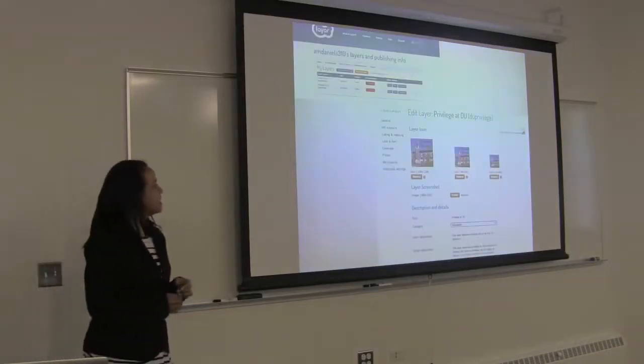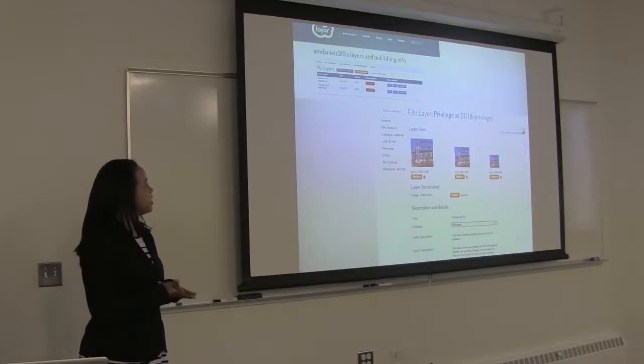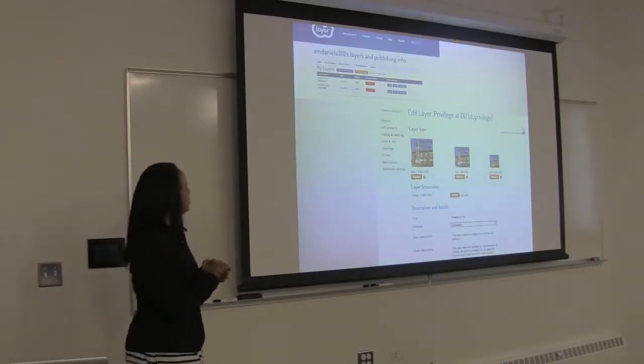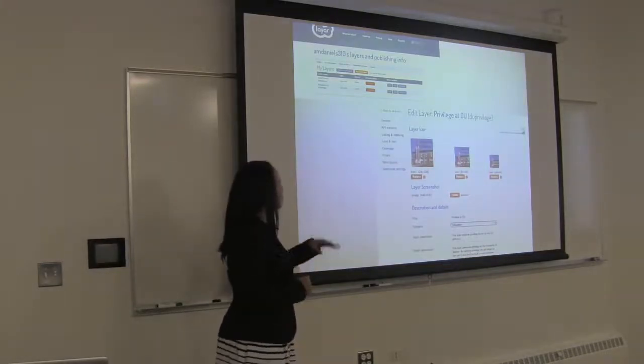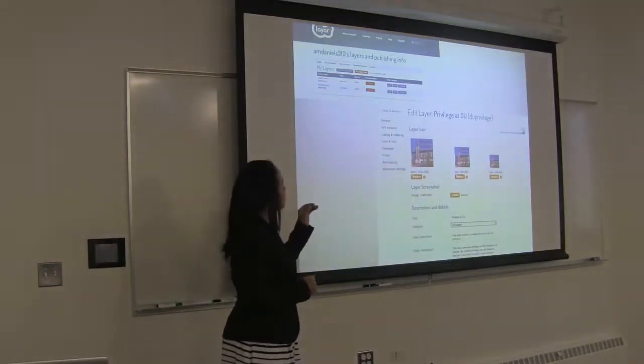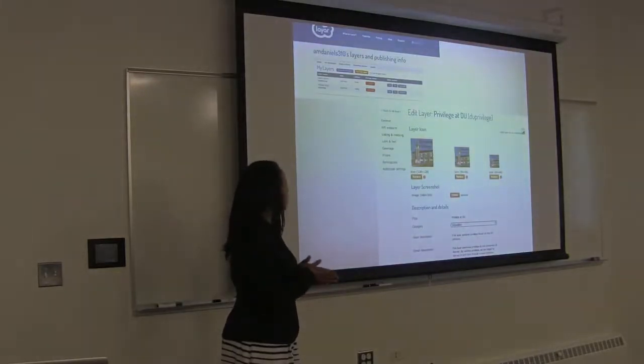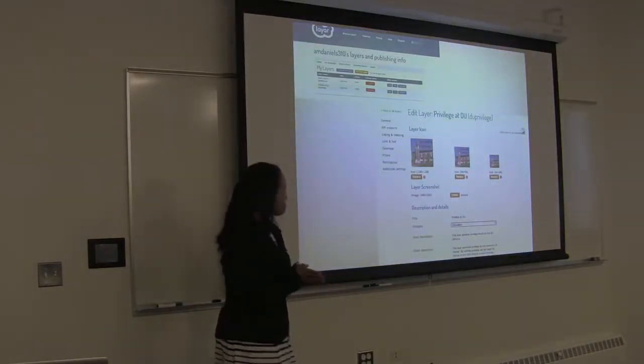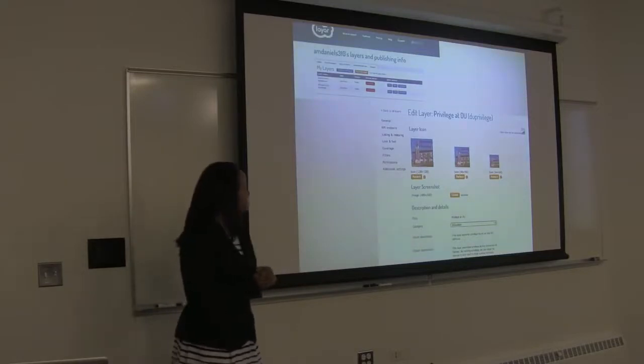So this is just screenshots of the Layar website, which doesn't look scary, like I said. So this is where you can create your layers, the general information, the API endpoint, and you can begin to customize what it's going to look like by adding screenshots and banners and just other icons.